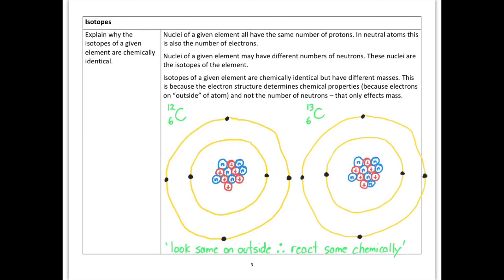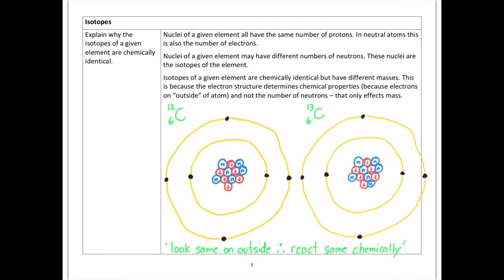So when atoms interact with each other, so form chemical bonds, we're almost going into the chemistry here, it's the electrons on the outside that interact and are exchanged. So isotopes, because they have the same number of protons in the middle and the same number of electrons on the outside, look very much the same on the outside,